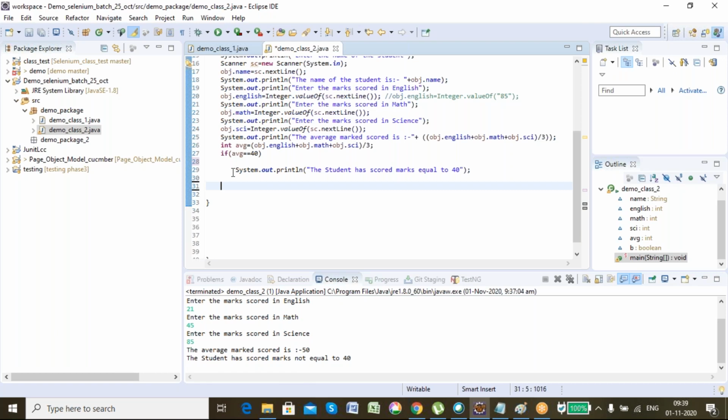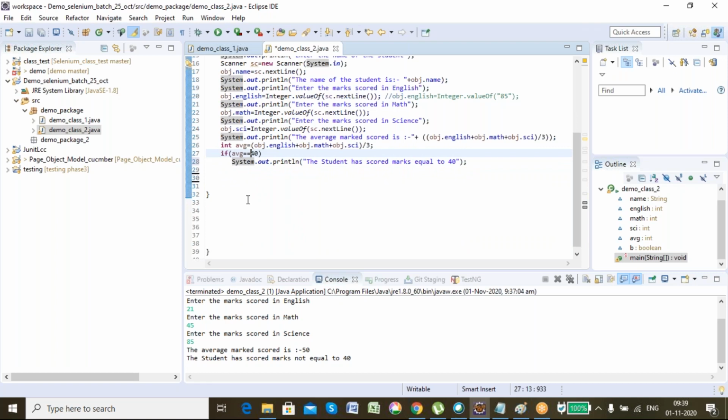Let's say, for example, I want to have nested if and else. So what I can do? Let's say, for example, here I want a grading system, greater than equal to 90.